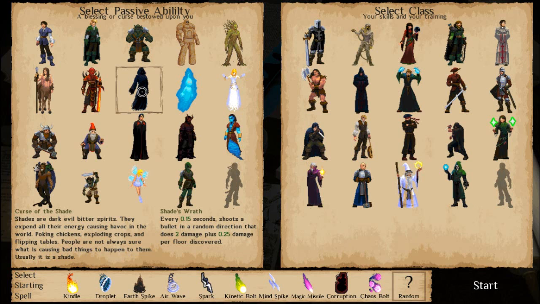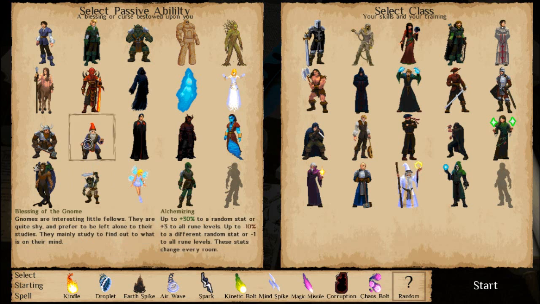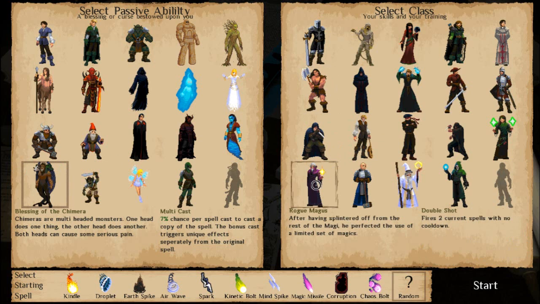Like the Shade, every 0.15 seconds he shoots out a bullet in a random direction that does 2 damage, plus more damage depending on the flaws discovered. And what was the one I wanted to try earlier? Oh yeah, there we go. 7% chance to cast a copy of the spell that you're currently casting, and they have unique effects. So I want to try the Chimera class. And as for the Chimera ability, and as for the class, I will...